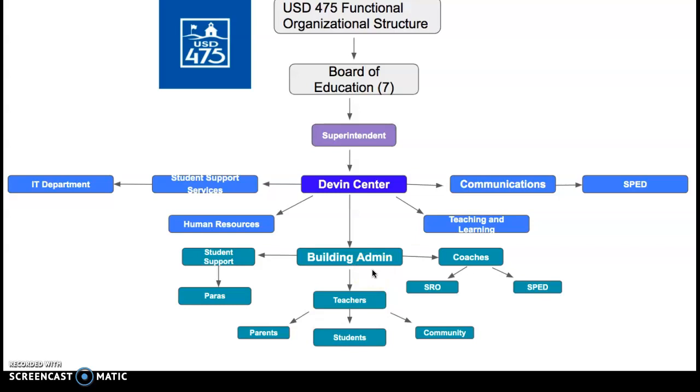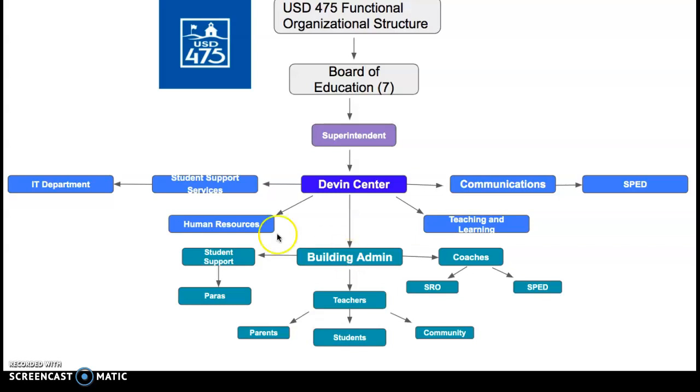And then I broke down our building admin into student support and coaches as well, because they play a huge role in our building, and I didn't want to put them directly underneath the building admin because everyone works collaboratively to make sure that our school system is